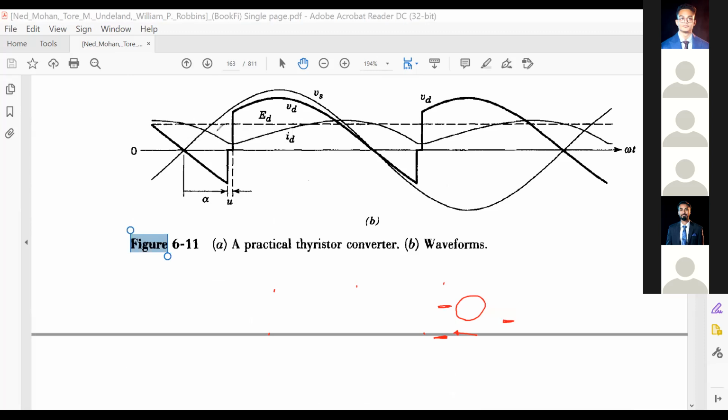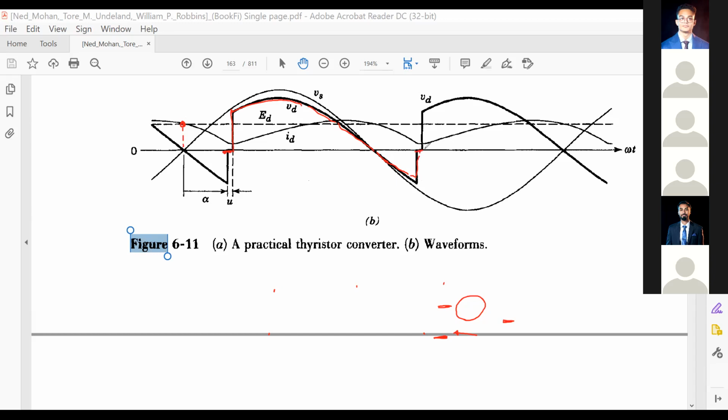The current here, we have to find out. We have to find out the current here, omega t equal to 0. This one will be the lower limit. And at the end of the cycle, if you start with this one, where do you want to start? From alpha? You want to start from alpha? Okay, start from here. This is the cycle. You start here, then you go here, and then you are going. Then, what is your time period then?